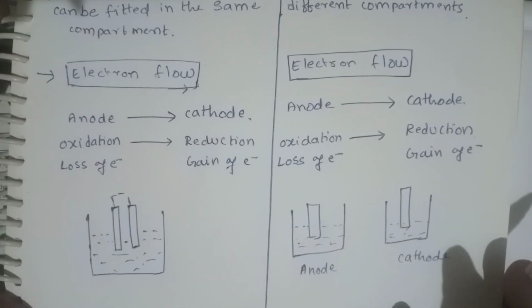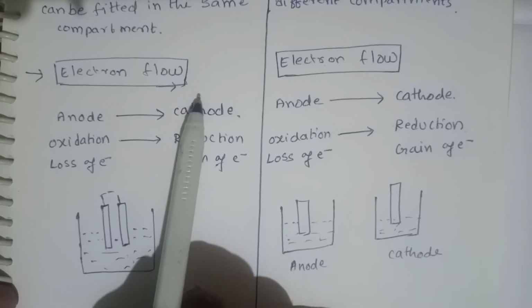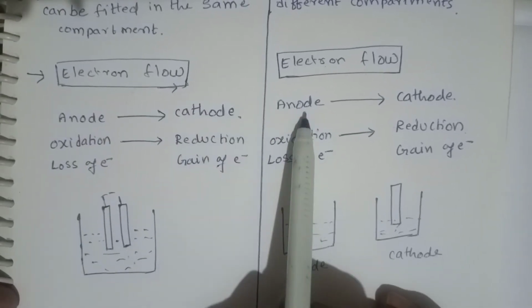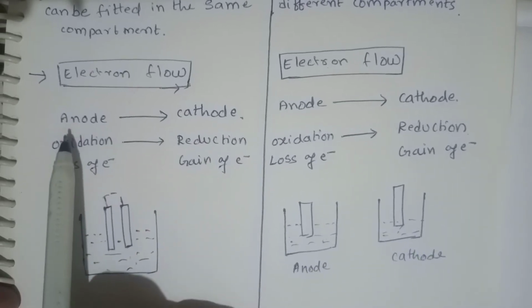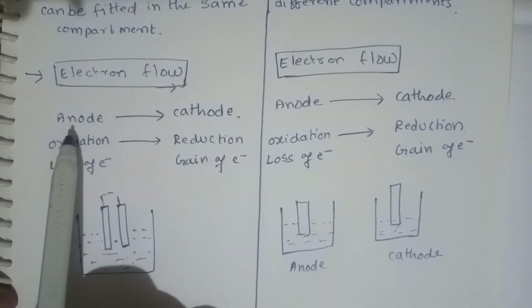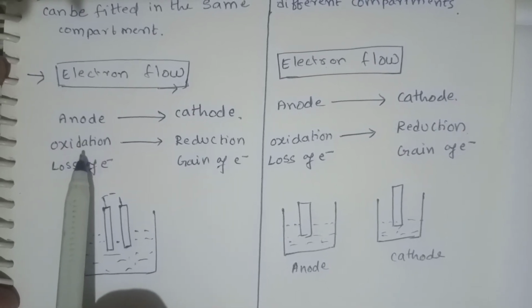Okay, now let us see the electron flow. The flow of electrons in both cases takes place from anode to cathode. So when electrons flow from anode to cathode, what is happening at the anode? At the anode, oxidation reactions take place. Oxidation reaction means